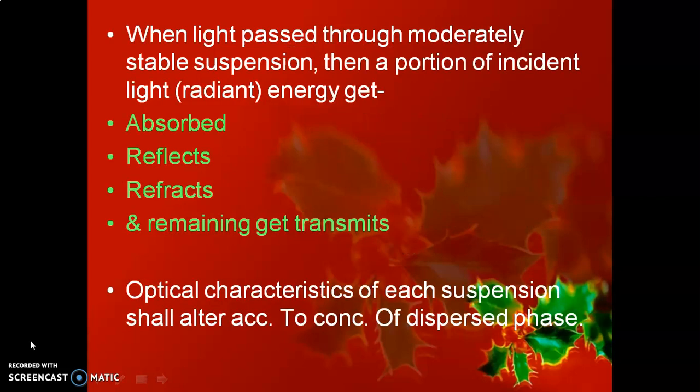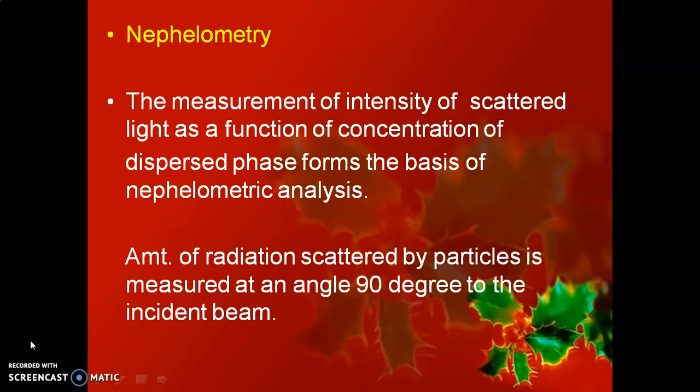When light passes through a moderately stable suspension, a proportion of the incident light or radiant energy gets either absorbed, reflected, refracted, or the remainder gets transmitted. Optical characteristics of each suspension alter according to the concentration of the dispersed phase. In nephelometry, the measurement of intensity of scattered light as a function of concentration of dispersed phase forms the basis